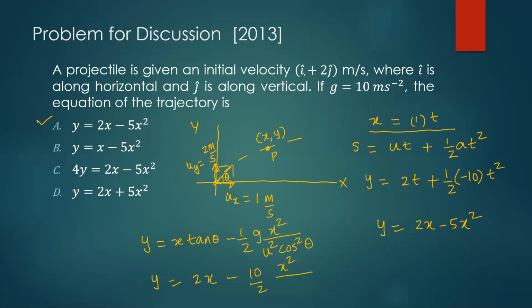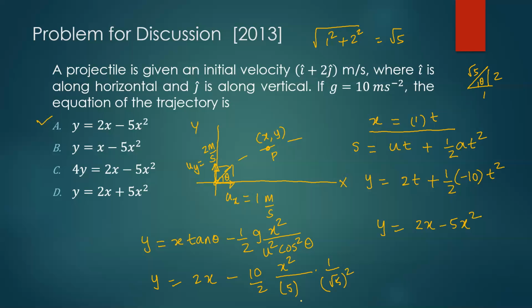But you'll have to get the vector sum of the velocities, so that's the square root of 1 square plus 2 square. You have to be careful there. So that is root 5, the initial velocity. If I'm squaring, I'll get 5. And then cos square theta would be what here? If you have a triangle with sides 2, 1, and this is theta, and this is root 5, cos square theta is 1 by root 5 whole square, which is 1 by 5.